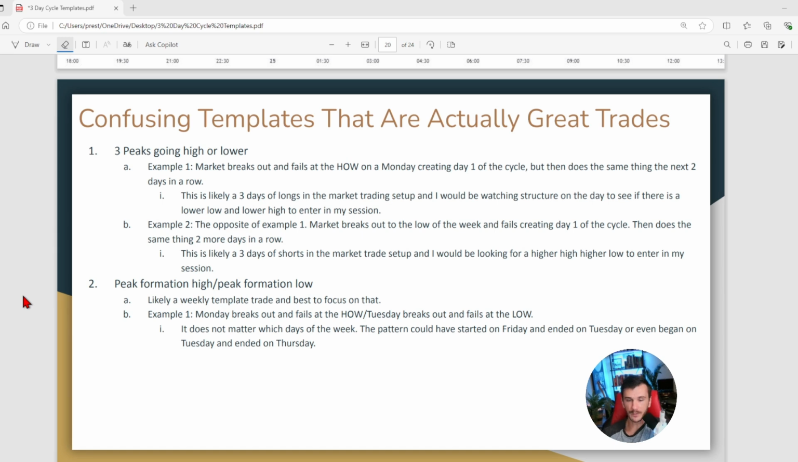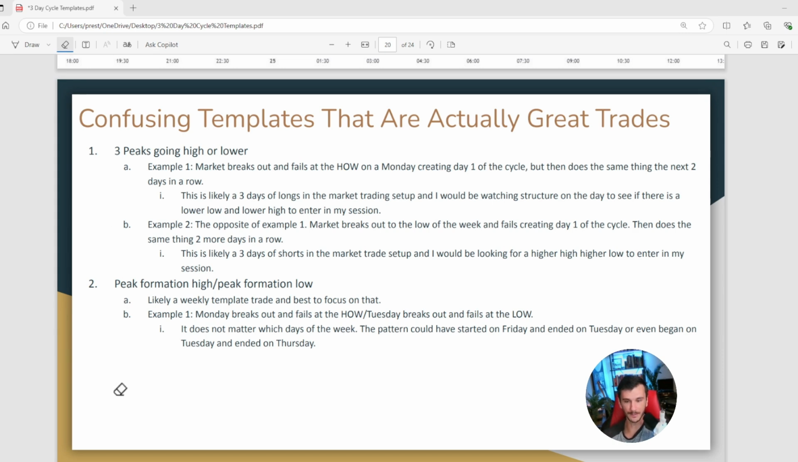Now, these are going to be some confusing templates that aren't really confusing, but if you're just focused on, well, it's day one of the cycle, and then today's day one of the cycle, and then today's day one of the cycle again, or, hey, that was day one yesterday, but it did this, and now it's day one again. So we're going to talk about some of those templates that might be confusing if you're just focused on the 3-day cycle. So one of those is the 3 peaks,